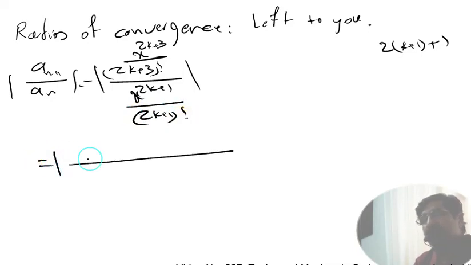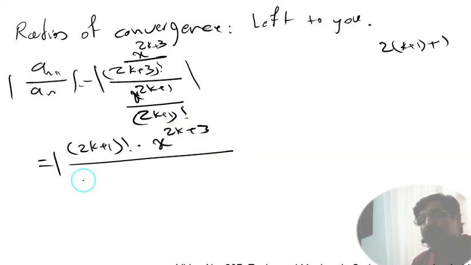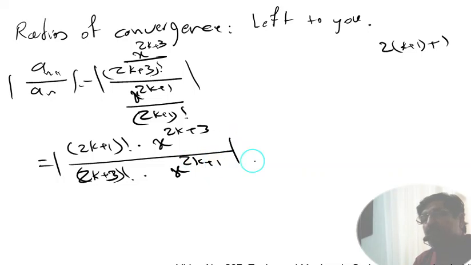That is (2k+1) factorial times x to the power of 2k+3, over (2k+3) factorial times x to the power of 2k+1. Here (2k+3) factorial is